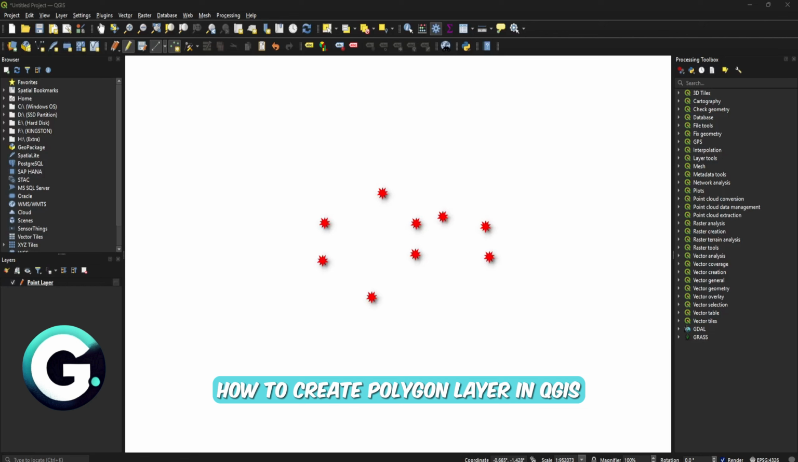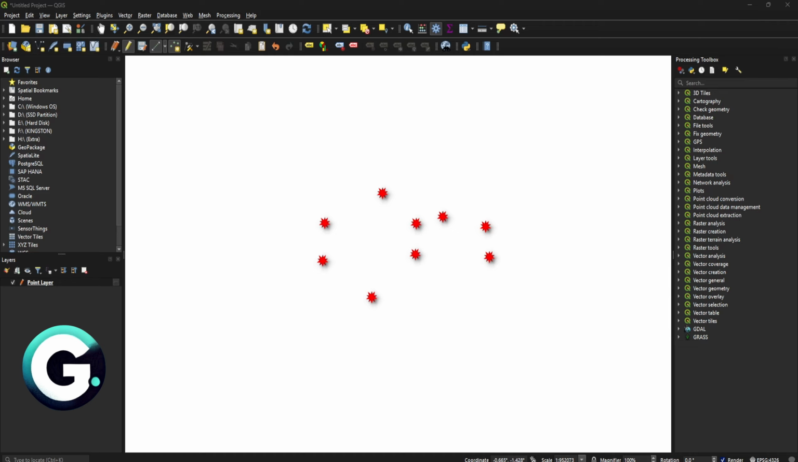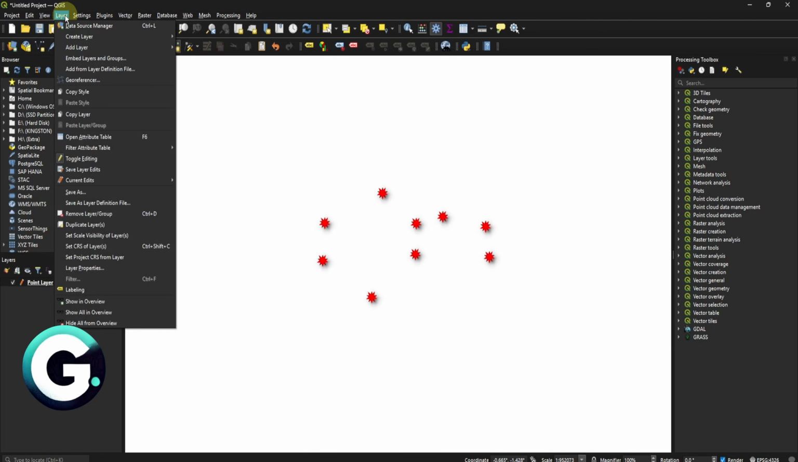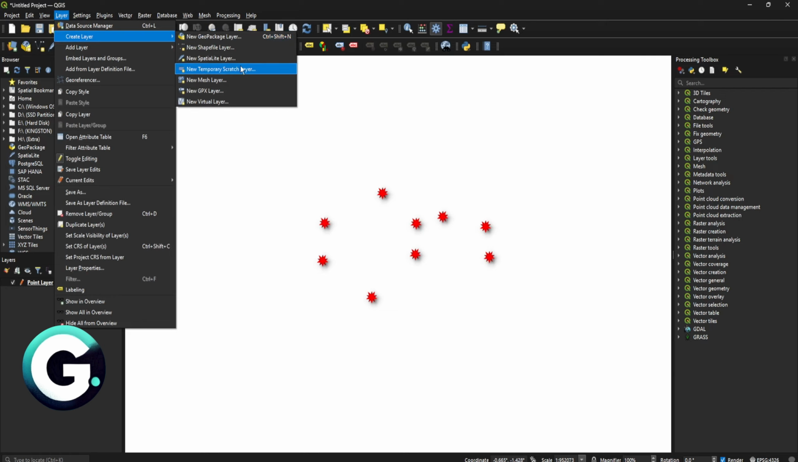In today's video, I'll show you how you can create a polygon layer in QGIS. Now, this is going to be extremely simple. Basically, first things first, you want to navigate through the Layer drop-down menu, click Create Layer, and then you could